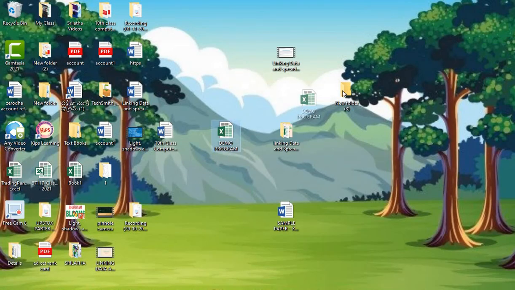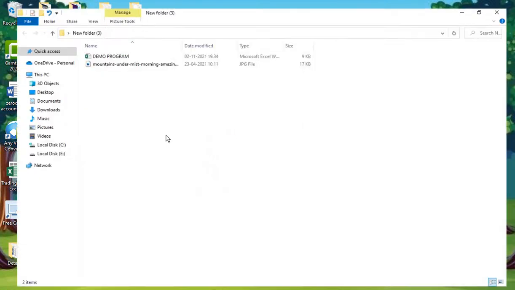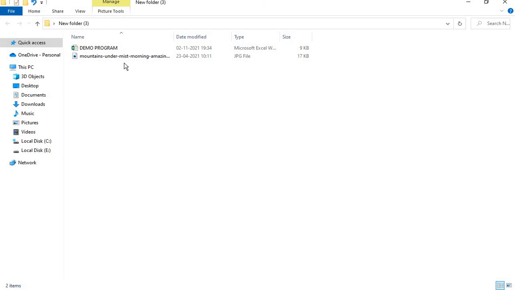See here. Now I am moving that file to here. In this folder there are two files. The first one is the picture file and the second one is the demo program.